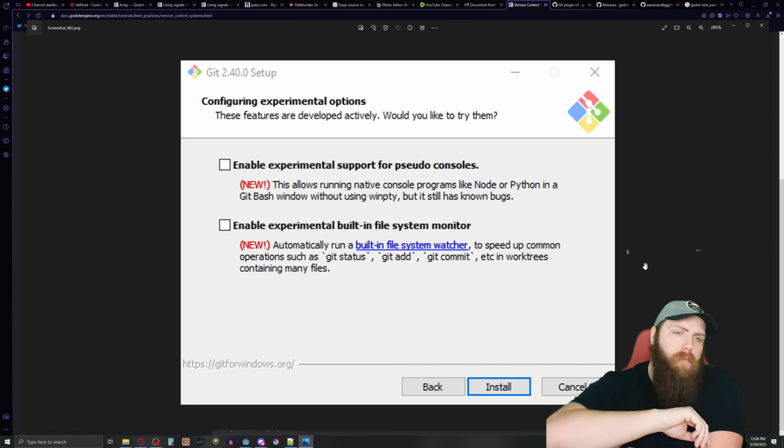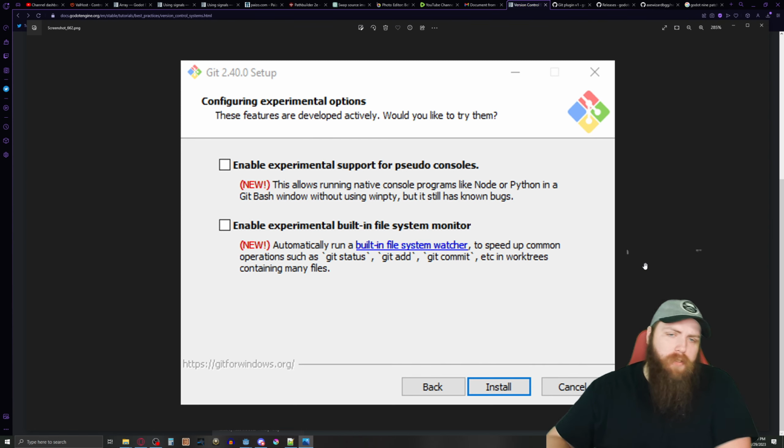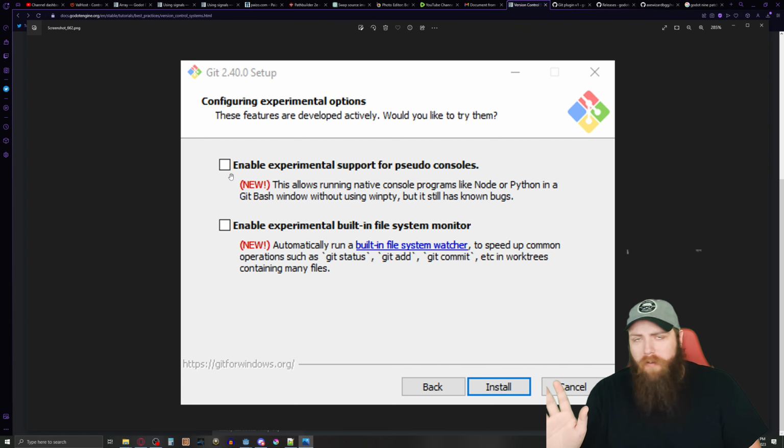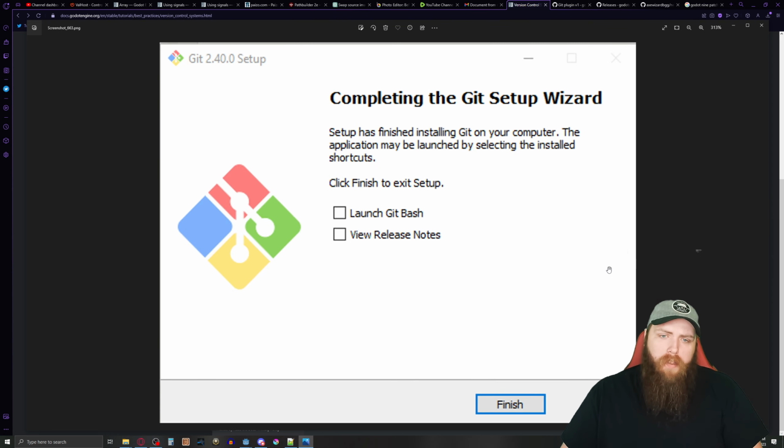Next, it's going to ask you about enabling experimental support. I don't really want experimental stuff in my version control. That sounds dangerous, so I just left both of those unchecked, which they were by default anyway. Then I hit install, and it goes through the install process, and when you're done, you can hit finish. You can launch Git Bash if you like. We'll have to do that in a second or two, but just hit finish, and then you have